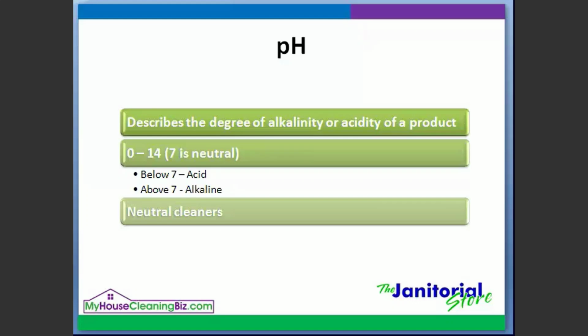The advantages of using neutral pH cleaners are that they tend to be safer for the end user, the surfaces being cleaned, and the environment. That is why you want to use a neutral cleaner when removing routine soils from floors, walls, and other surfaces. The reason you want to use neutral cleaners on resilient tile floors is that you want to remove the soils from the floor without removing the floor finish. This is why you should use a neutral cleaner on all floor surfaces such as wood, stone, vinyl, and ceramic.